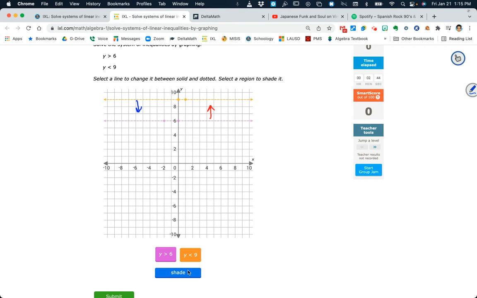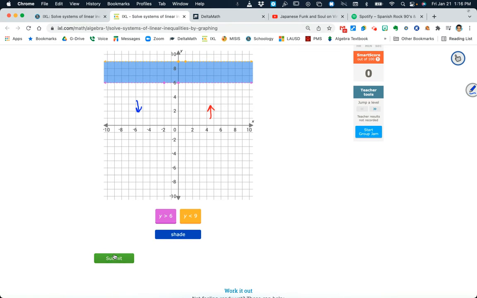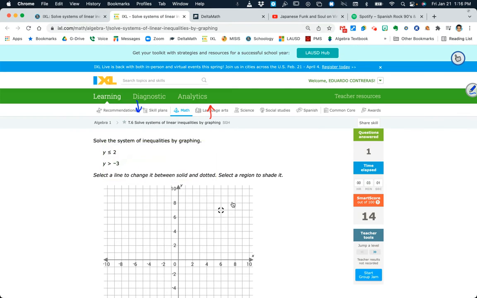So that's where the shade comes in. Basically, you go to click on shade, and it says select the region to shade. I want this region. Okay. So this is my solution. And then I would go here, and there we go. Okay. So at this point,